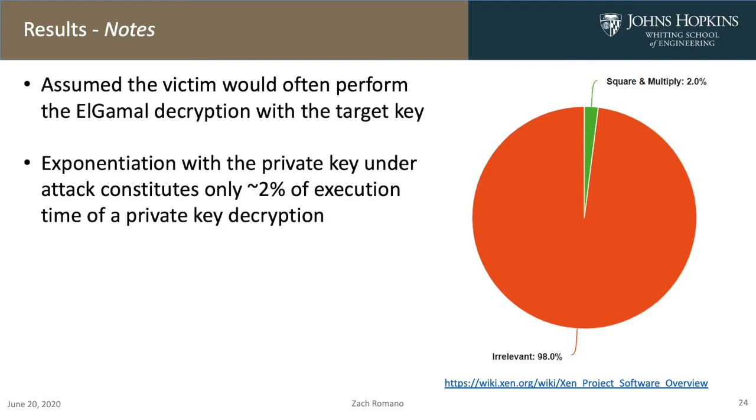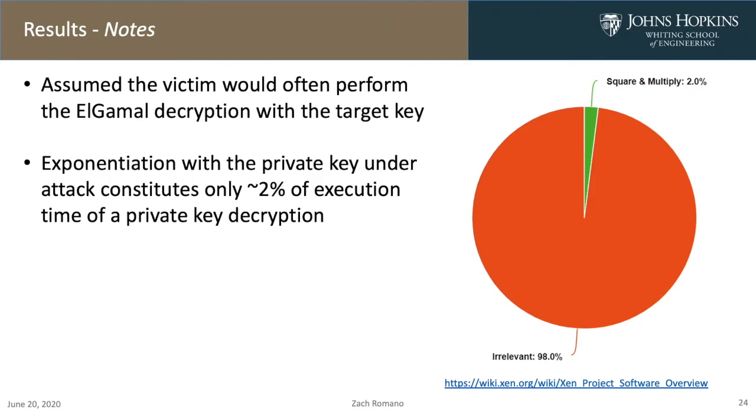So some final notes on the results that they showed. They were generous to the attacker in a few different ways. So the main way that they were nice is that they assumed that the victim would often be performing this decryption algorithm. So they're basically assuming that the victim is doing this operation very often. They're not doing it once a month, or you would have to collect data forever, right? So they're assuming that maybe the attacker has a way to trigger this action. So maybe they can send a request into the victim, and that request is going to result in the decryption